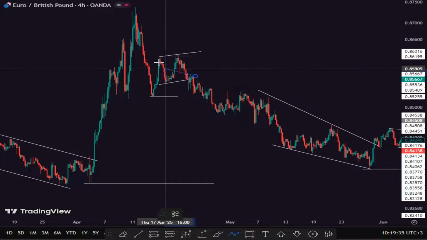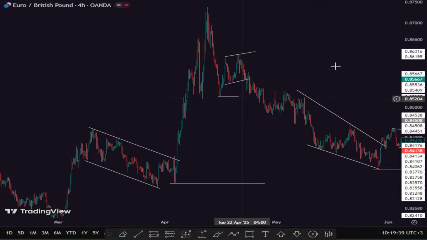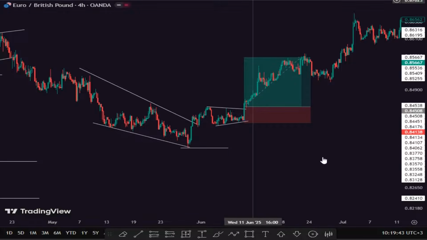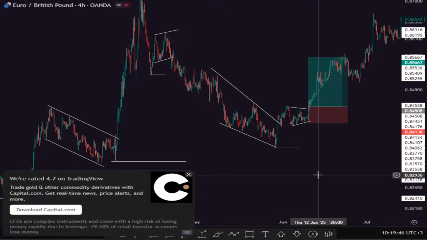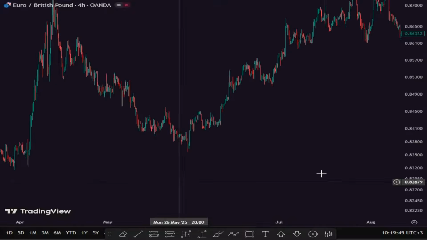Nothing. The market just gave us a pattern, a double top, but then continued dropping. So this is not valid, guys. Correct? You see what we talk about. Price goes up, boom, boom, boom, breaks, we go. Simple. So that is very, very simple when we talk about ICT, and